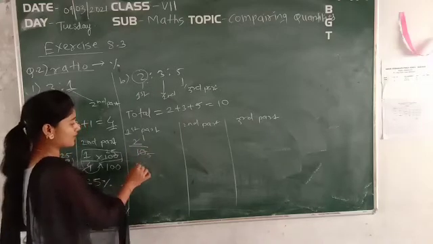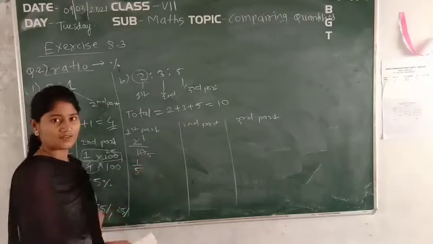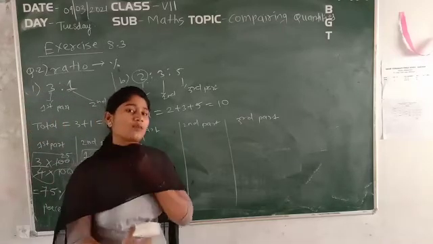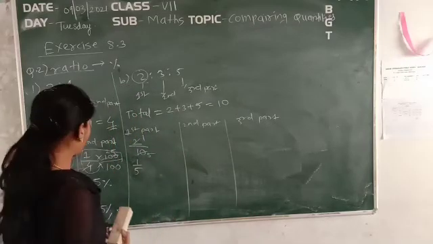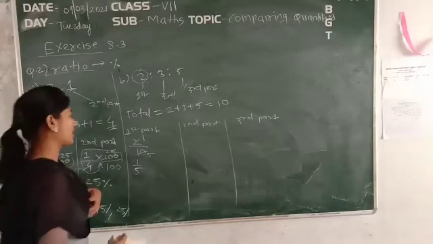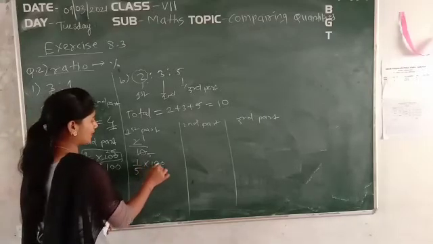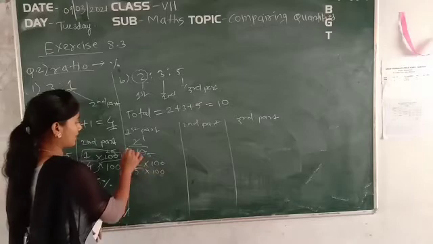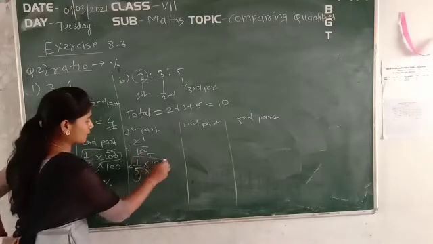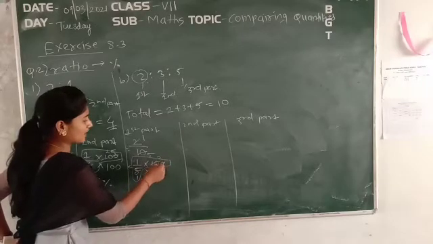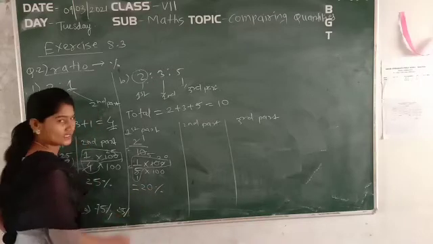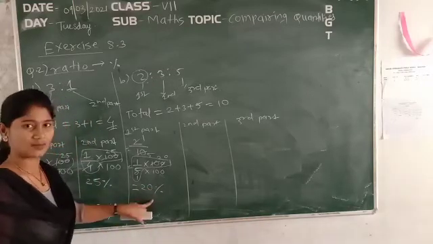2 ones are 2, 2 fives are 10. So here 1 by 5, that is the final fraction in the simplest form. Okay. So again, what is the procedure for finding the percentage? Same. Multiply numerator and denominator by 100. Take this much part only. 5 ones are 5, 5 twos are 10, 5 zeros are 0, which is equal to 20, and it is written with the symbol of percent.